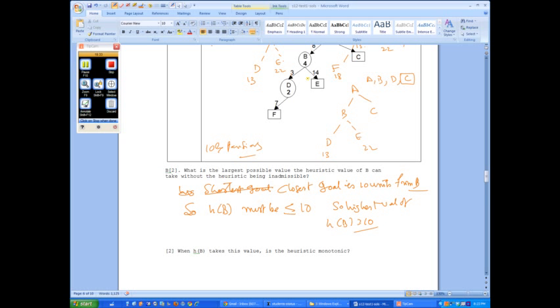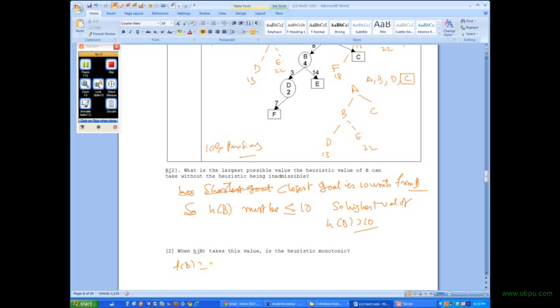Okay, so h of B. Now, the next question is, if in fact h of B becomes 10, then is it monotonic? Now, to check it's monotonic, you have to show that everywhere f of a node is not lower than f of its parent. But to show that it's not monotonic, all you need to do is show one pair of parent-child nodes such that the f value of the child is actually lower than the f value of the parent. Okay, so now if you take f of B